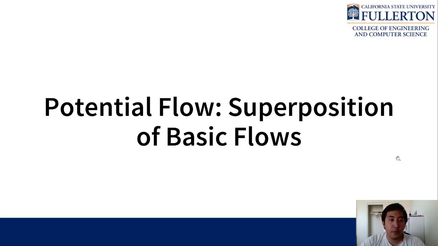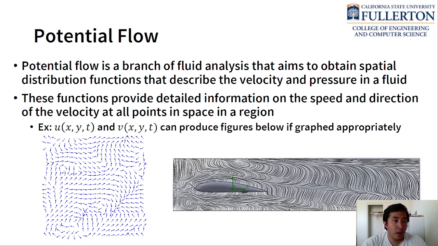Okay, in this video we're going to be reviewing how you can combine basic flows together to get more complex flow patterns in potential flow. Potential flow, remember, is a branch of fluid analysis where we're looking to obtain spatial distributions of the velocity components, right? And so, what we really hope to obtain are basically functions for u and for v. Here I show them in Cartesian coordinates, but you can also have them in cylindrical coordinates as well, so that you get a very nice detailed distribution for how the velocity changes direction and magnitude across an